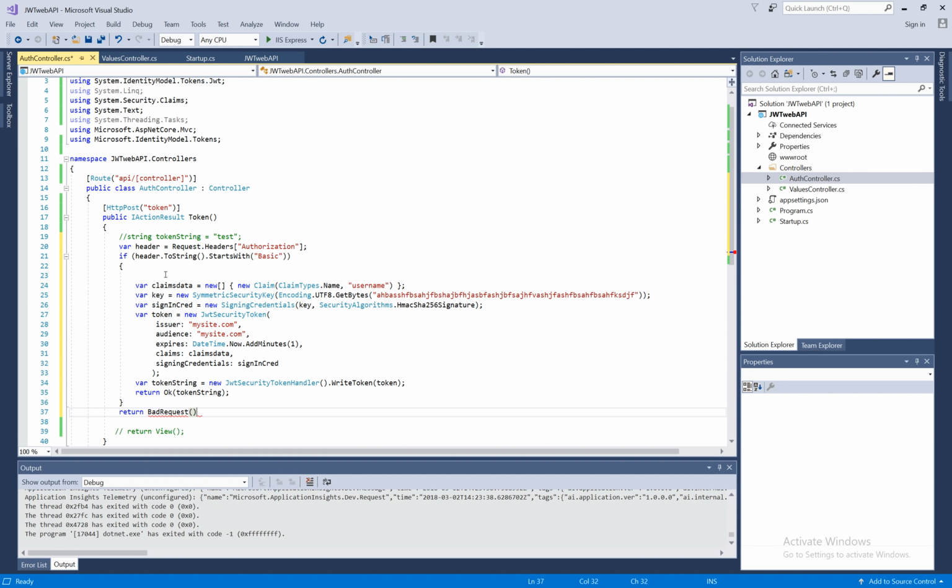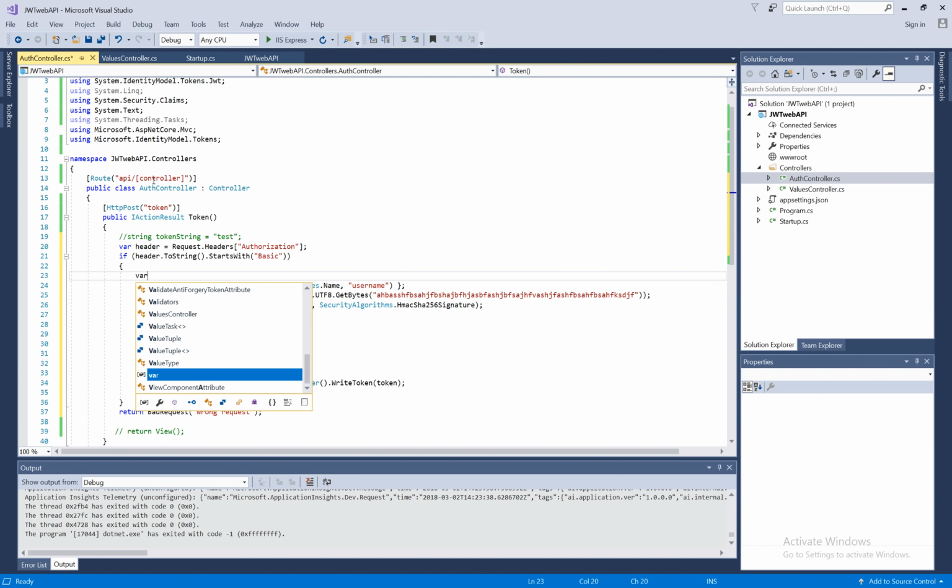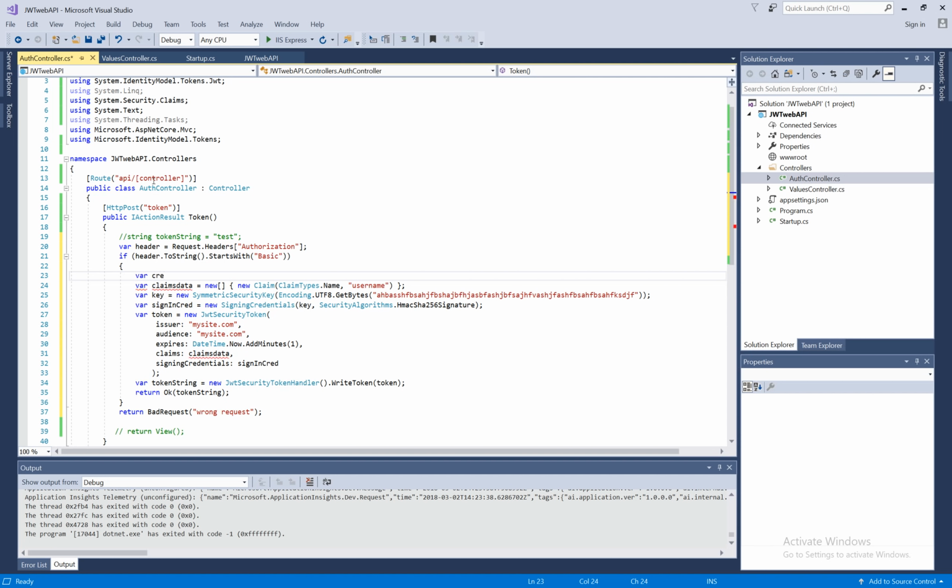Okay, and then we'll say something wrong. Okay, and then close. So the next step is, now we know the header has a basic. Now we need to get the username and password. So variable cred value